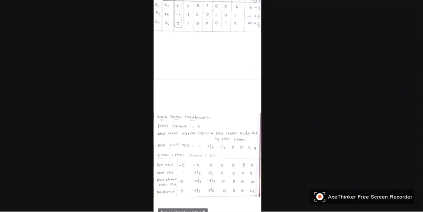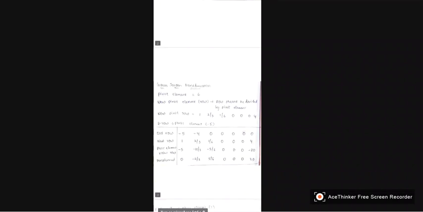After that, transform. So we are getting a new row. That means old row minus pivot element into new row. So minus 5 into minus 5, so that is 0. Minus 4 plus 10 by 3, that is minus 2 by 3. So we have got the Z row, the new Z row.